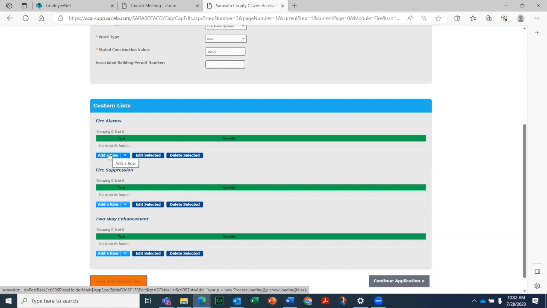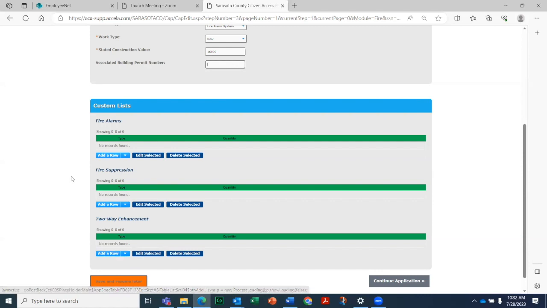If you're doing a hood system or a sprinkler system, you'll open rows under the fire suppression tab. And if you're doing a two-way enhancement communication systems permit, you'll open rows to describe the amount of antennas or amplifiers that you'll be including on the project.